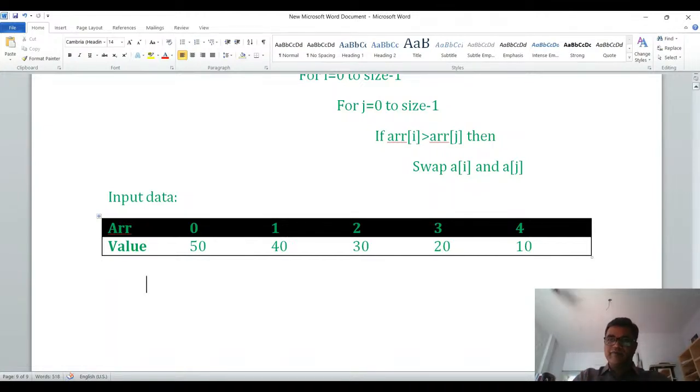Here is the same data with the selection sort. First of all, what is the procedure in bubble sort? Neighborhood elements participate in the comparison, that means 0 and 1, 1 and 2, 2 and 3, like this. The elements are compared. But in the selection sort, in pass one,